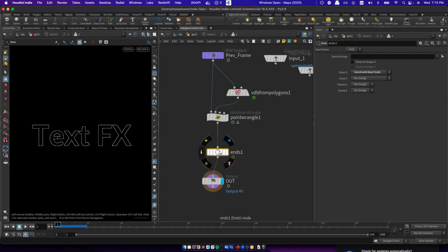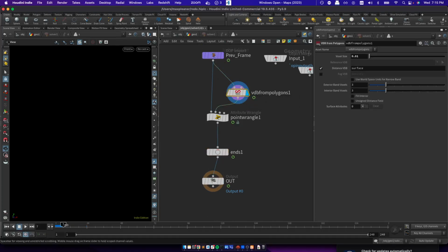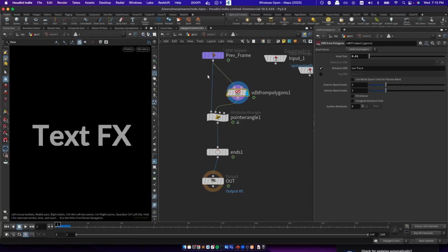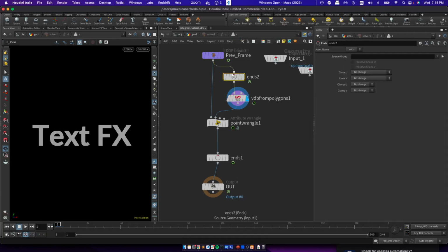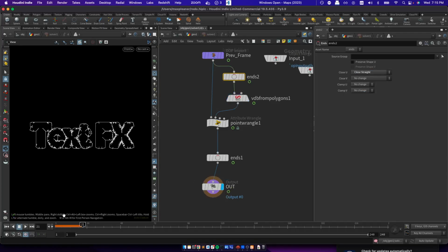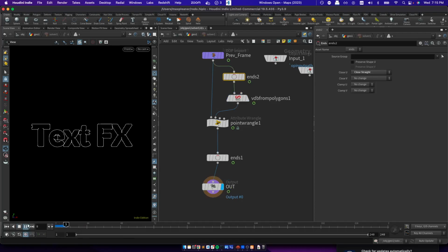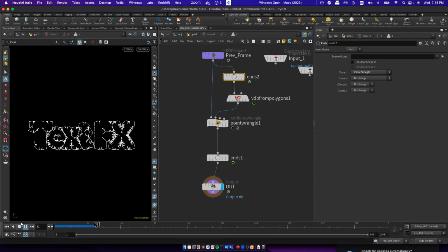Because after the first frame, our input is a wireframe, and we can't VDB a wireframe. So I'm going to go right here and add another Ends node, but this one's actually going to be closing the polygon. So I use close U, close straight, and at that point, if I put my focus on the output, we should be getting our wireframe expanding out here. Now it obviously does look a little bit messed up,